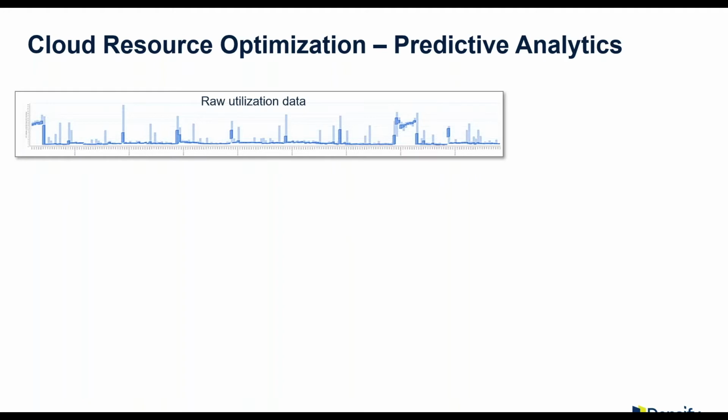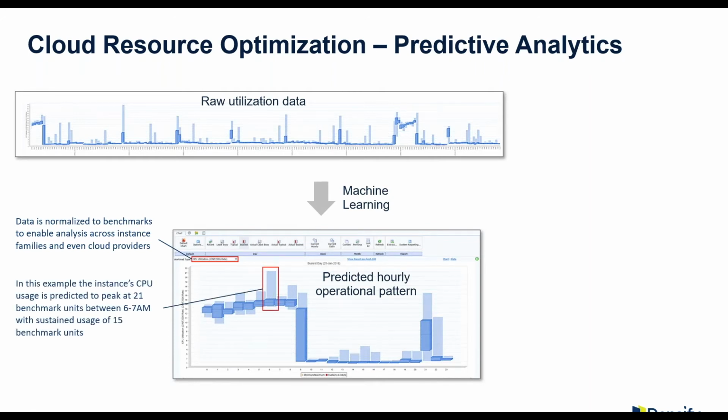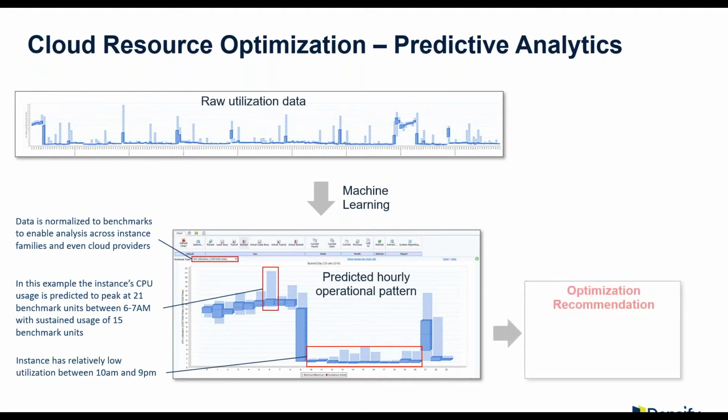So taking this to another level, just to again give people an understanding that being able to select the right resources for your workloads is critical. I just want to drop down to a little bit more detail. So what we're doing is we're taking that raw utilization data and converting that into hourly usage patterns. We're applying machine learning to that to determine, based upon normalizing the workloads, if the resources that have been allocated are indeed the best fit. And if they're not, then to give you a very precise recommendation of what it should be.